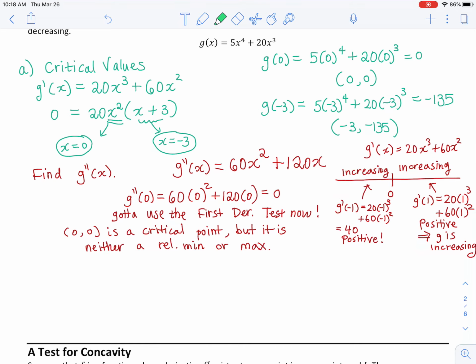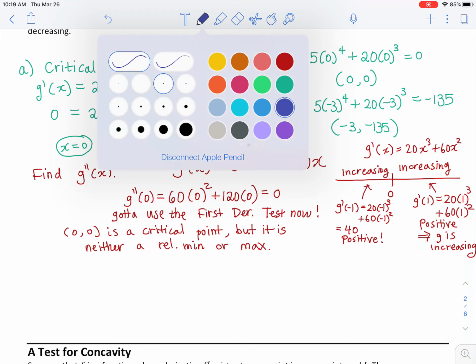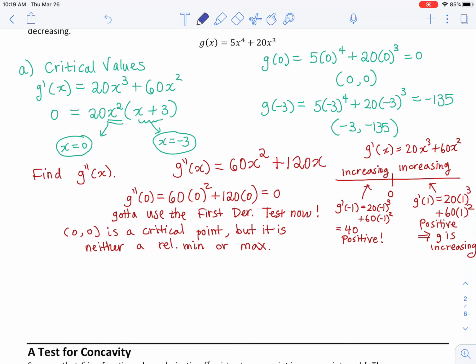That can happen. But that wasn't the only critical value that we had. So let's plug in the other one, right? The other critical value was -3. So let's move on and do that one. What is G? Now remember, we're back to our second derivative test. We're done with our first critical value. We're done with him. What's G double prime of